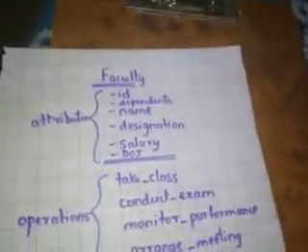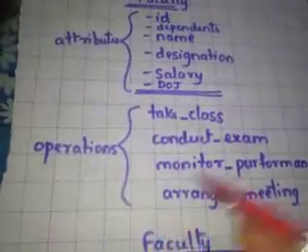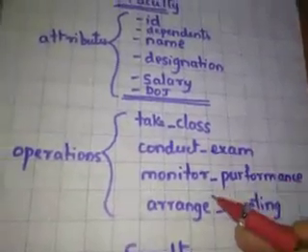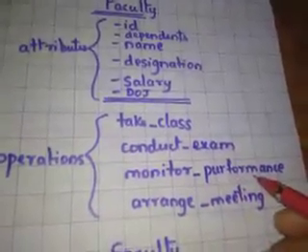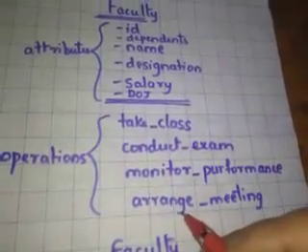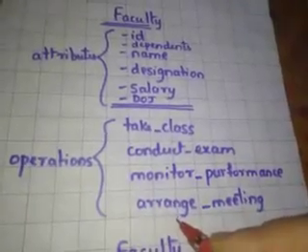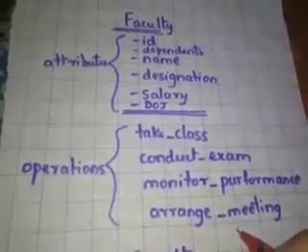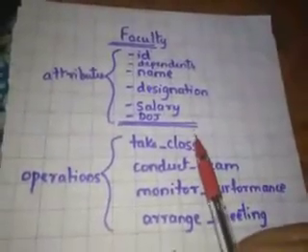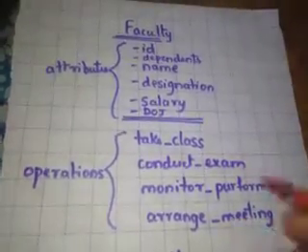And also, by looking at their work day to day, what they do, we might have decided their operations, like they may be taking the class, conducting the exams. Few people may be monitoring the performance of the students, few may be monitoring the performance of the faculties, right? And we have seen the faculties attending the meeting also, which means we thought somebody is there to arrange the meeting also.